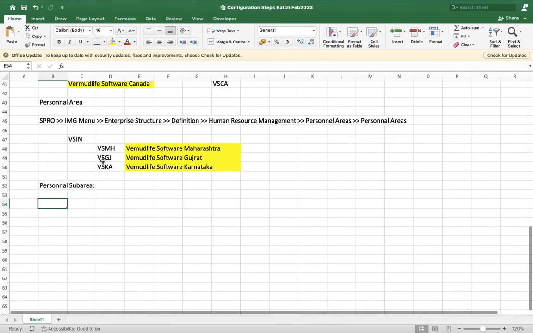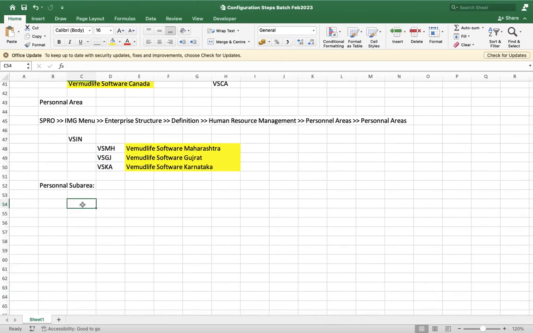Now let's first define over here which are the different personal sub areas that I want to create. Let's say, for VSMH, let's see first. So this is for the Maharashtra division of my company. This is the Maharashtra division, correct? So in the Maharashtra division, I'm saying I want to create